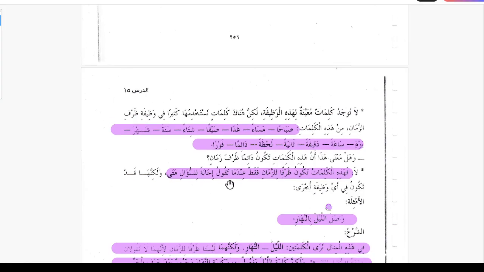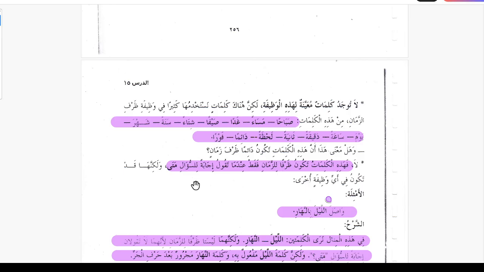These words become zarfu zaman only when the answer tells us the question when. So whenever you find in that sentence that they tell us the answer to the question when that happened, only then will we call them zarfu zaman. "Walakinnaha qad takunu fi ayyi wazifatin ukhra", but they have other functions also. For example,